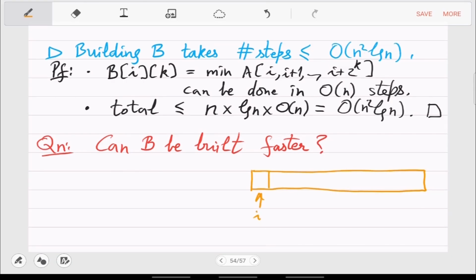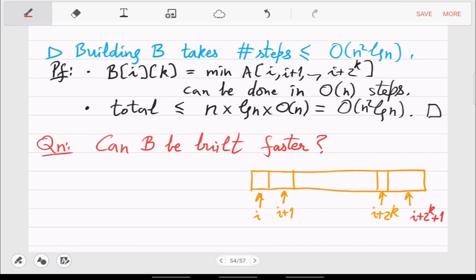So let's look at the I comma k answer. So this is going from I to I plus 2 raised to k. And when you want to calculate something for I plus 1, then the cell will be this one, I plus 2 raised to k plus 1.